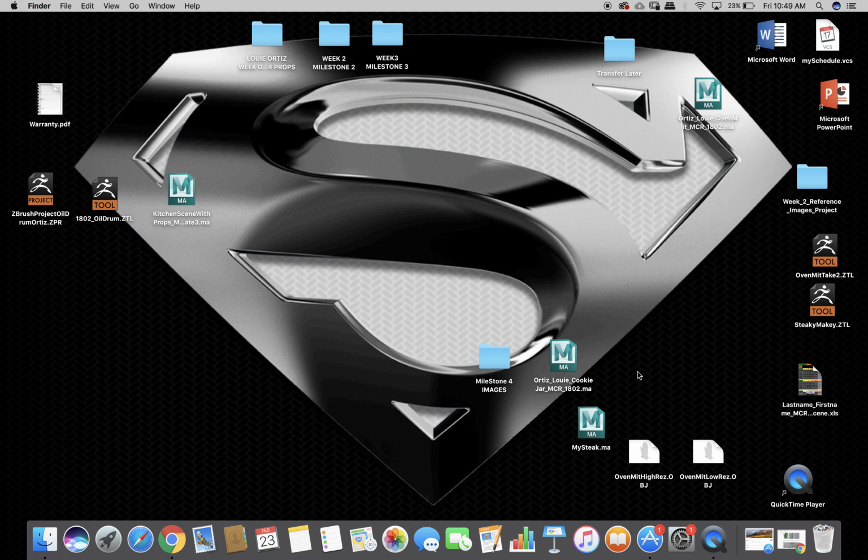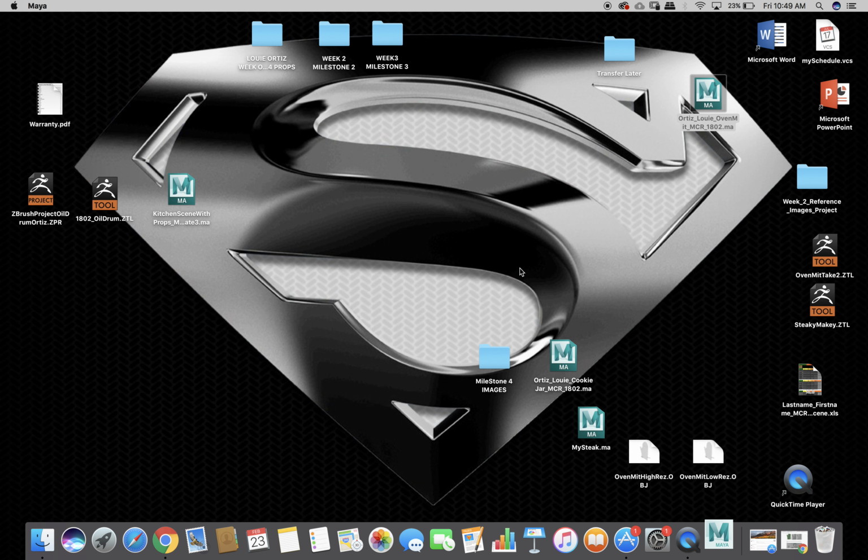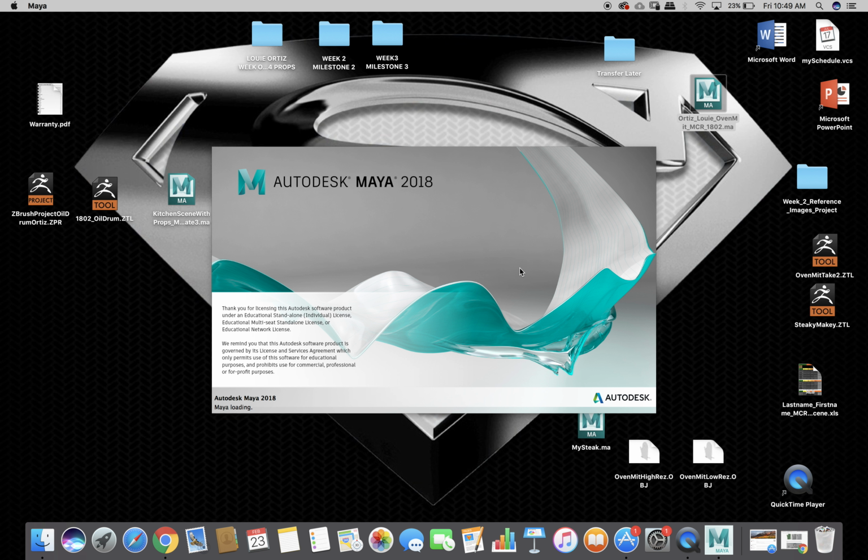Okay, so I'm going to have to open up the oven mitt, and import both high and low res, put them in their own layers, and then go onto the low res and take care of the faces, the cut and sew. I believe I have to do that. UV, and then after I UV,